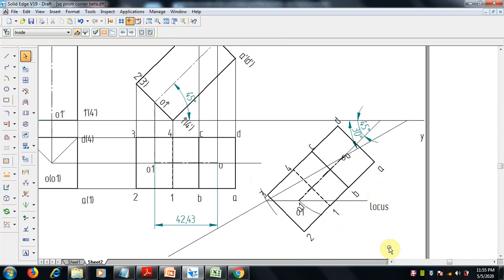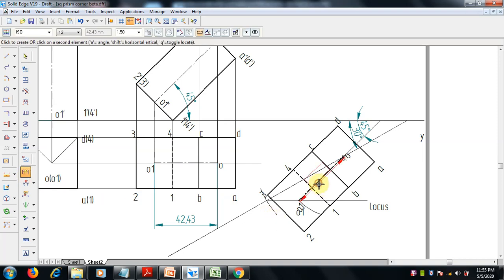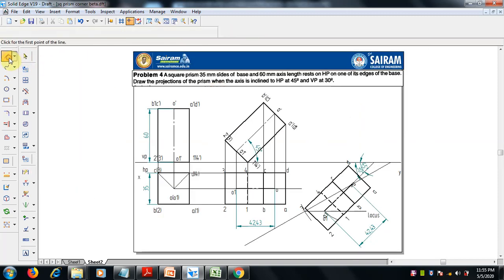Submit, and now this is setting on this line. Now we can check the dimension 42.43. This is the axis length lying here, and the original axis is this one. Already it is done, 60 mm. Now for this we have to draw the front view. The remaining other things are the same. Only finding the beta angle is a difficult one for you people. Other than that, we can make it like this.